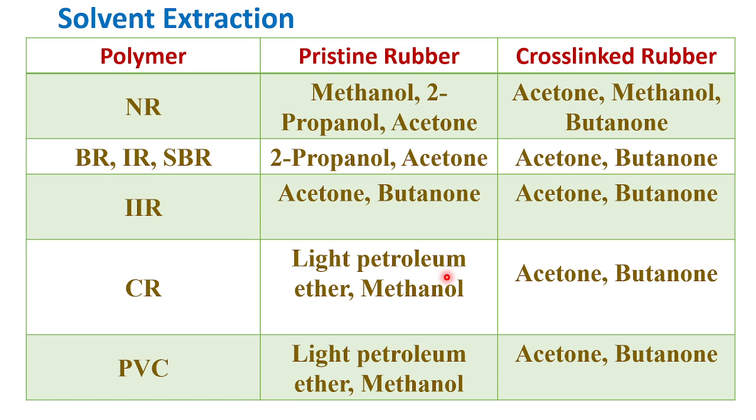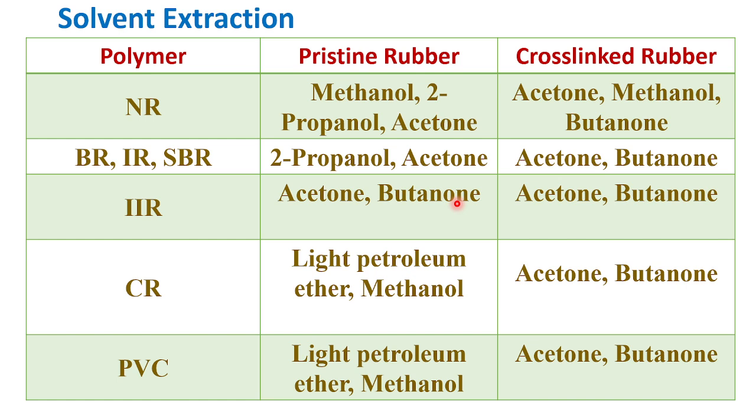Now in solvent extraction, first is NR. For pristine rubber you need to take these solvents: methanol, 2-propanol and acetone. All are low boiling point solvents. In case of cross-linked rubber, the solvents are acetone, methanol and butanol. And for different rubbers like BR, IR and SBR, there is 2-propanol and acetone. So in most cases you see that acetone is there, because the acetone boiling point is around 40 or 35